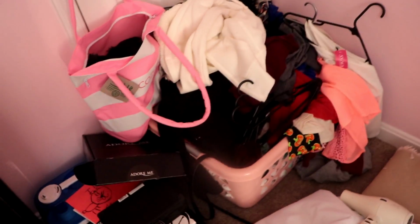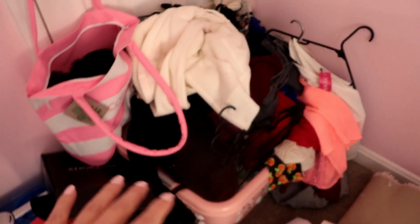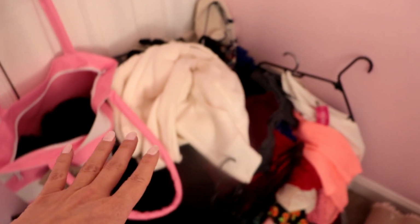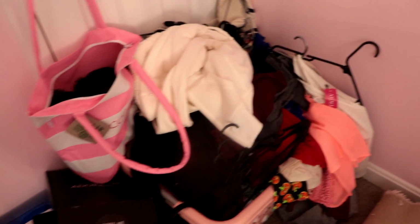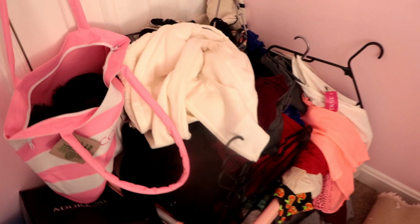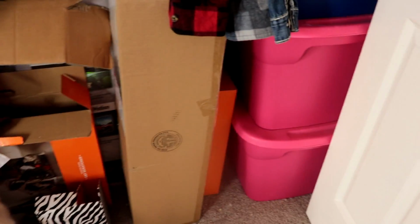So I showed you this corner the other day. This is something I also have to tackle. I've got lots of clothes here that I want to list on my Poshmark account. Some I already have and some haven't been listed. So if you want to check out my Poshmark closet, you can. Like I said, it'll be linked down below. See if you want to buy any of my clothes. But to be honest, this right here,